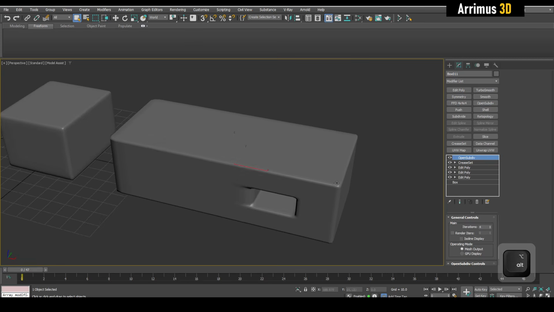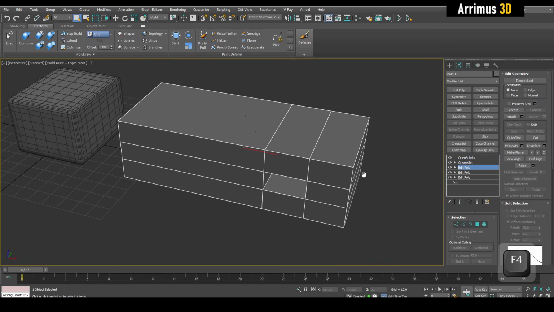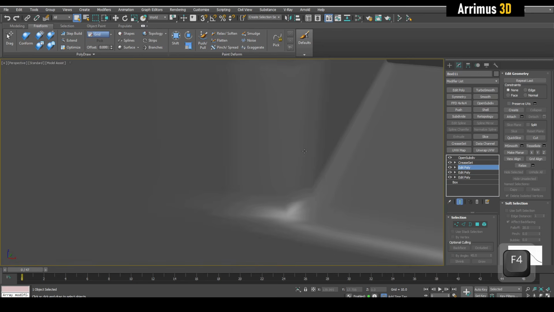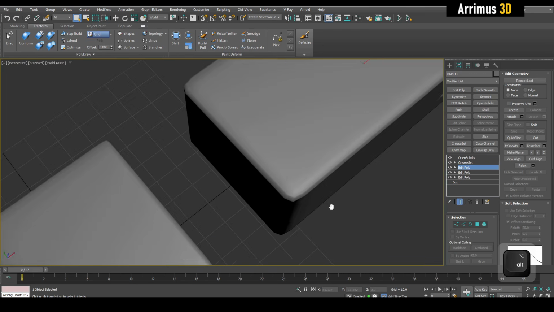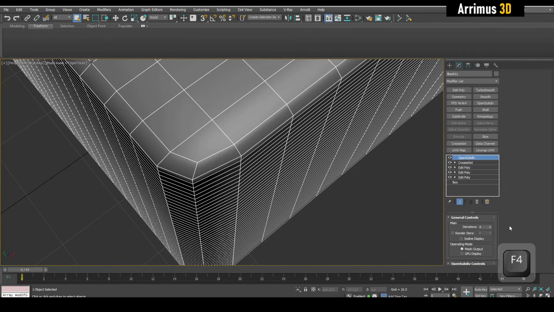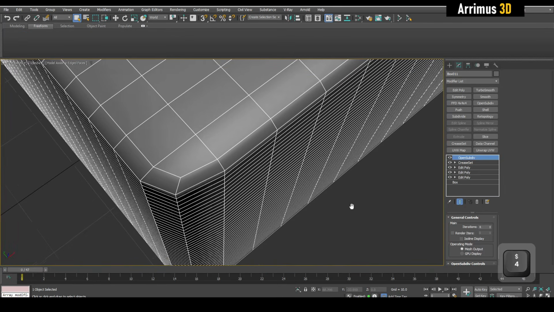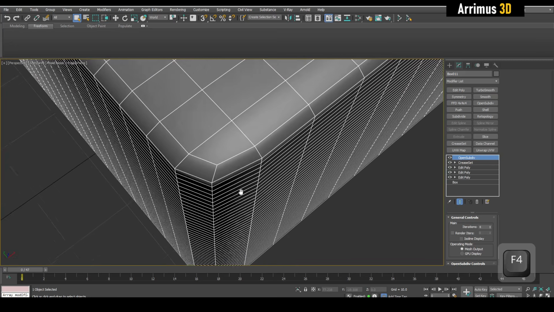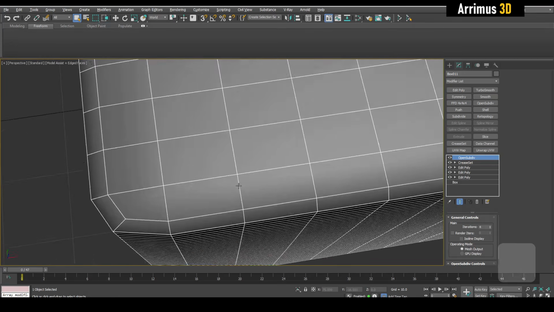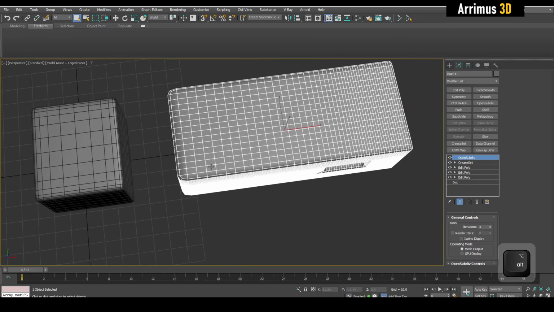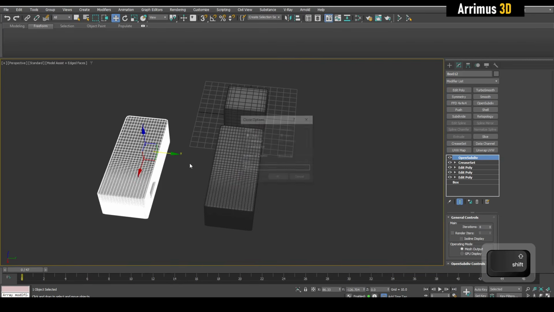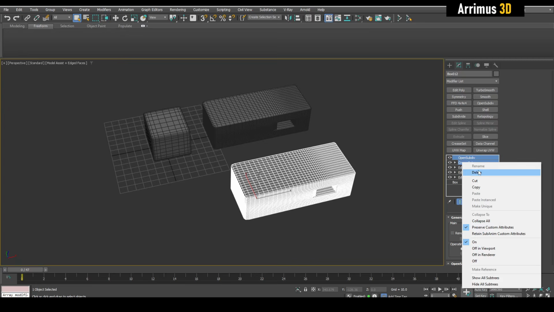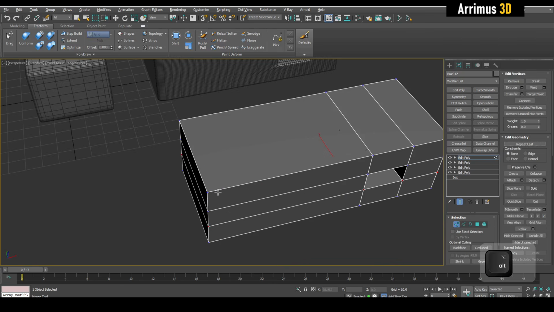All right, so even though OpenSubdiv should be working, you're going to notice a strange problem here. We have this happening here, and we have this happening right here. And even though we're going to iterations of 4, we're still getting very angular results here. And that, guys, is one of the things that Turbosmooth is good at, is you don't get that. So with Turbosmooth, even though there's more support necessary,